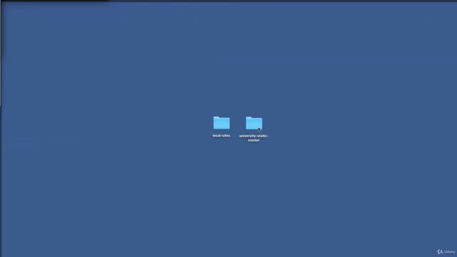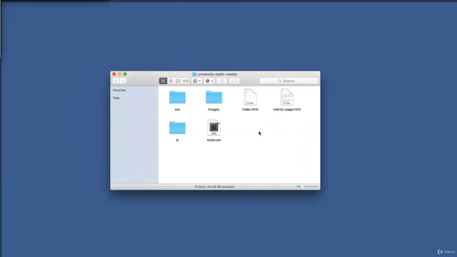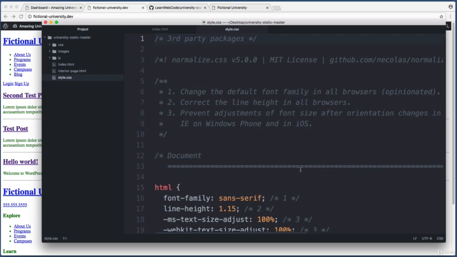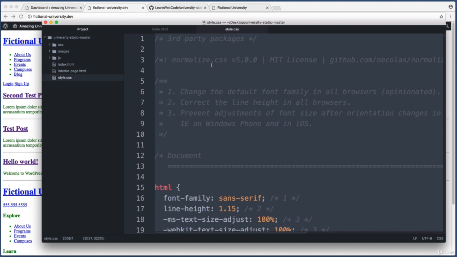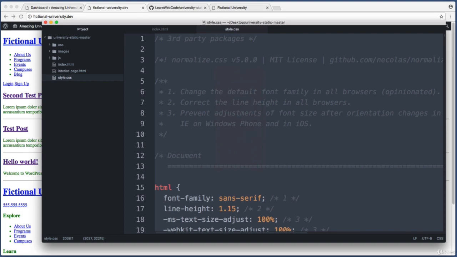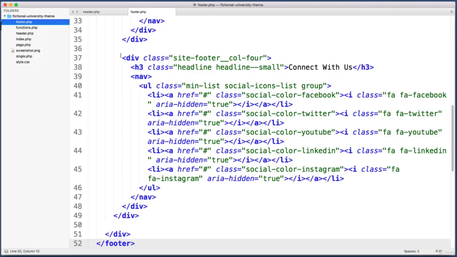So in that new folder that we downloaded in this lesson, go ahead and open the style.css file in a text editor. And we want to copy everything in this file into our clipboard. So press Command A if you're on a Mac or Control A if you're on Windows. That will select everything and then copy it into your clipboard. And then back in your WordPress theme folder, jump into